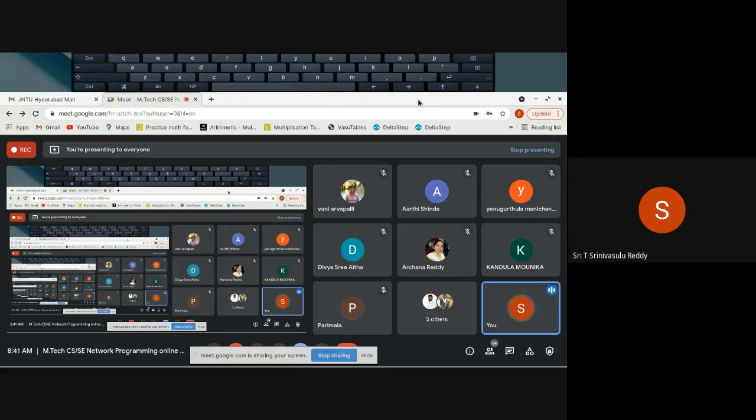So the DatagramSocket is useful to send and receive packets. What is a packet? A packet is going to contain the data that is to be sent or received, and may also contain the destination IP address and port number. Right? So we will examine that.